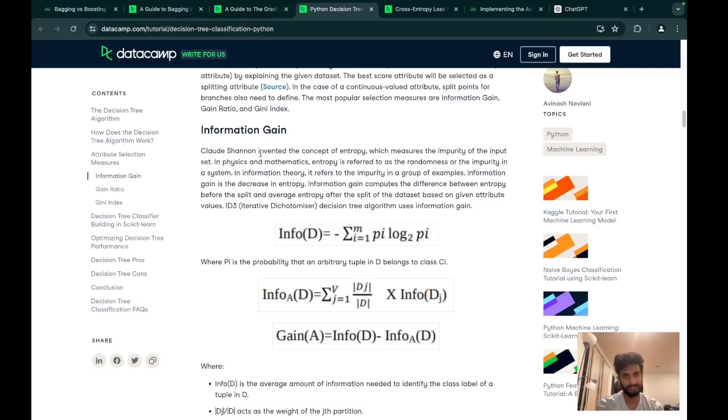ID3, iterative dichotomizer. The decision tree is given the various information gain. This guy's making me mad. Iterative dichotomizer. Bro,